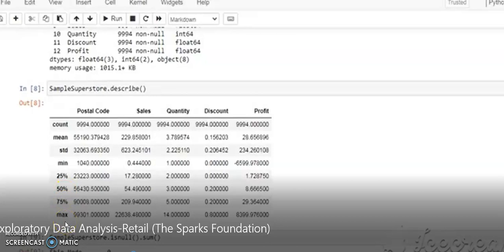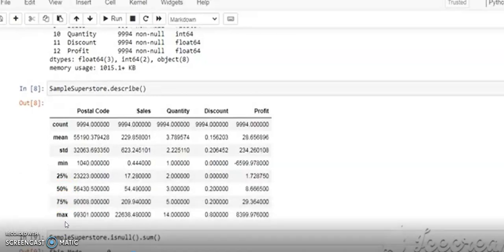So the describe function returns the statistical description of our data set.